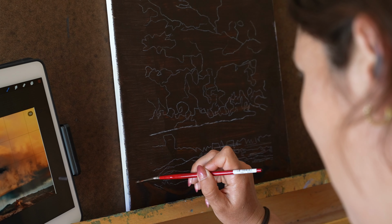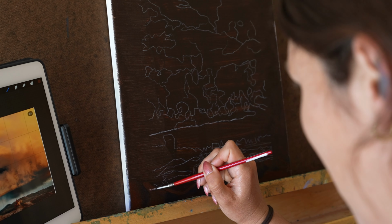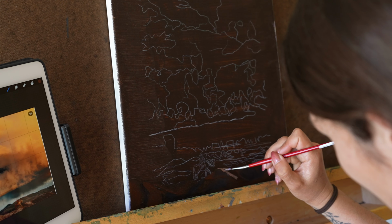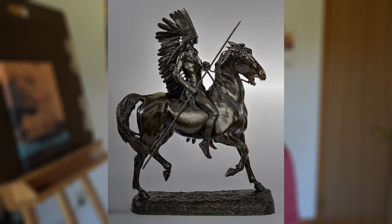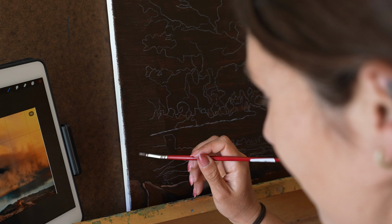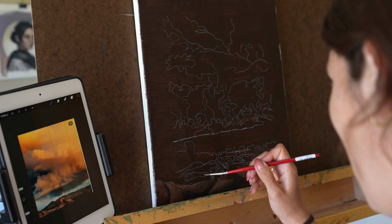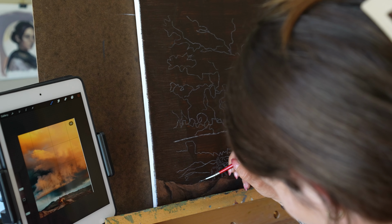As you probably saw, the name of this painting is Chevalier de Sangreal. This painting began as an idea. I wanted to create a painting that was my own version of my great-grandfather's sculpture, the Indian Warrior. His name's Alexander Phimister Proctor. It's amazing. We have one of the sculptures that he made, and it is by far my favorite piece that he's created. And a while back, I had the thought that I really wanted to take something of his